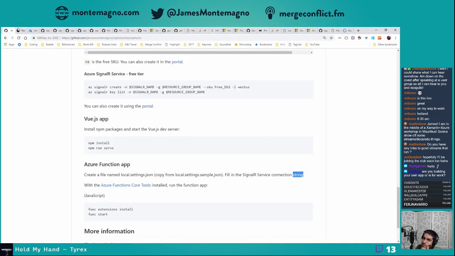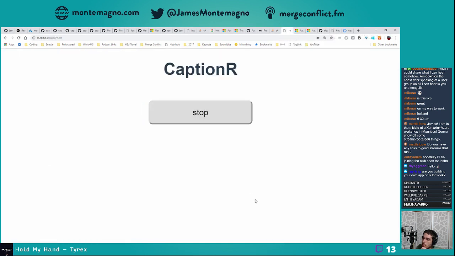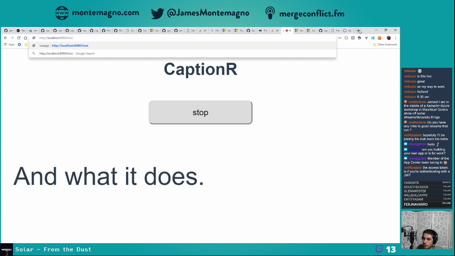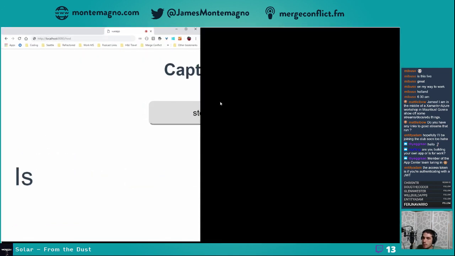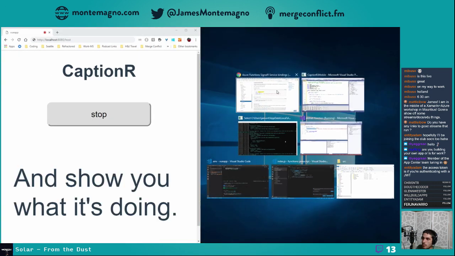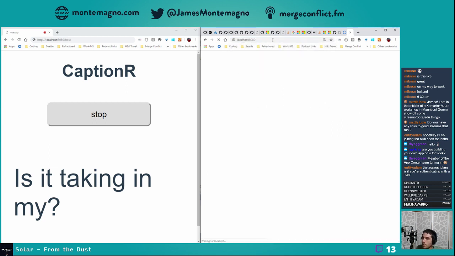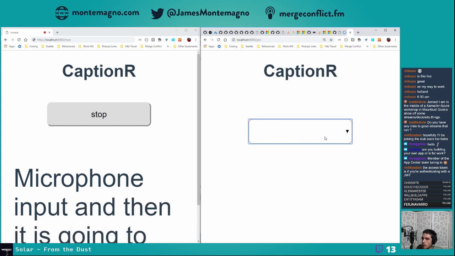What I'm doing is I am porting this app that is called CaptionR. So it's a website. So I have it running here. And what it does is take in my microphone input, and then it is going to output it to